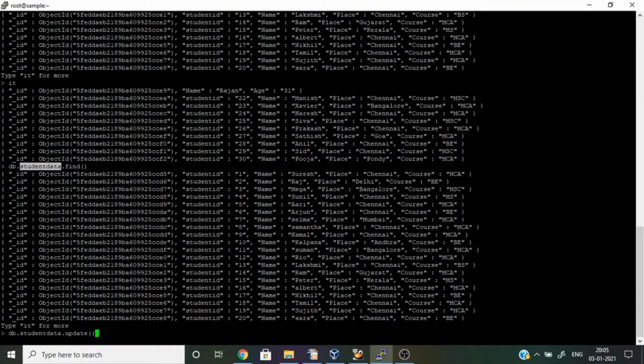I'm going to change the student ID, which is 1, and change the name to Rajesh. I'm giving the condition student ID equal to 1, then set, name as Rajesh.